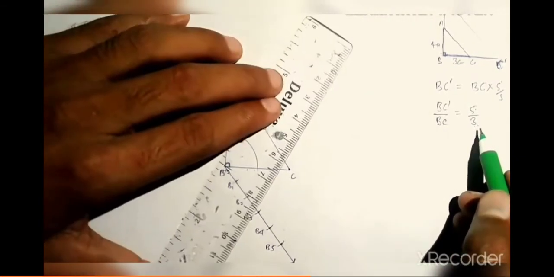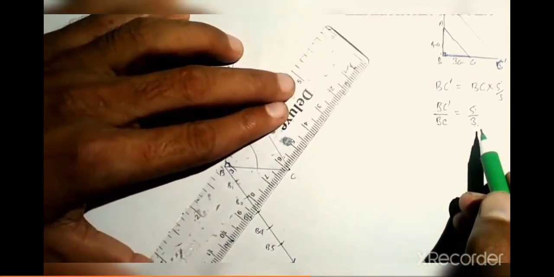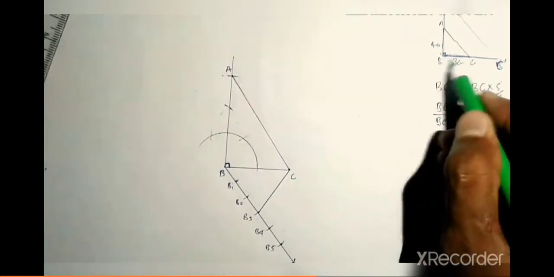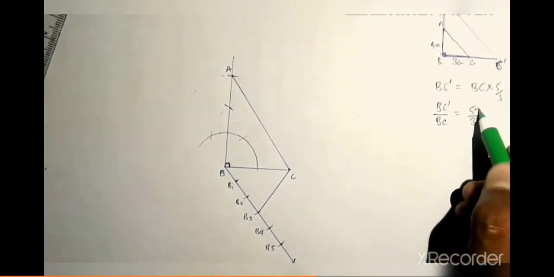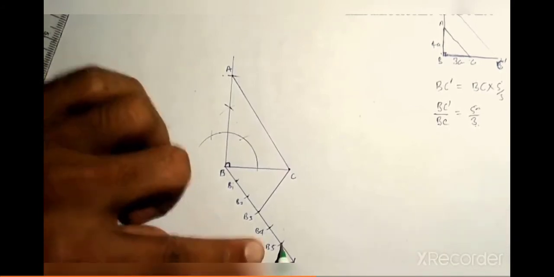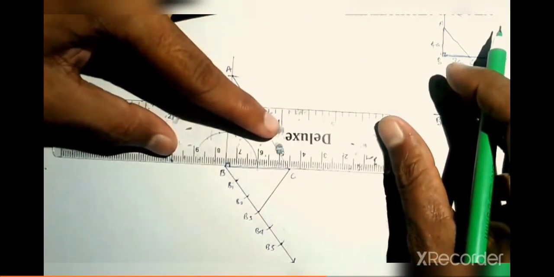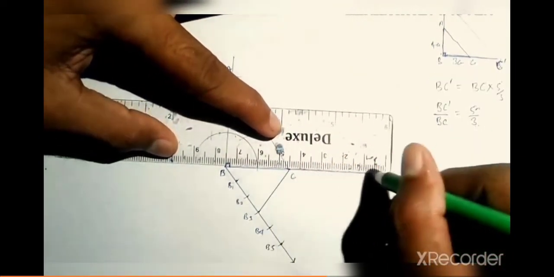Whenever you are doing this, join with the denominator. The bigger number you have to cut off and then join with the denominator. The denominator is 3, which means the third part you have to join to that end of the line. So join now. Then B3C is the three parts. Now we are going to construct 5 parts. So extend the line BC. Now from B5 we have to draw a parallel line such that it is parallel to B3C. You know how to draw the parallel line.